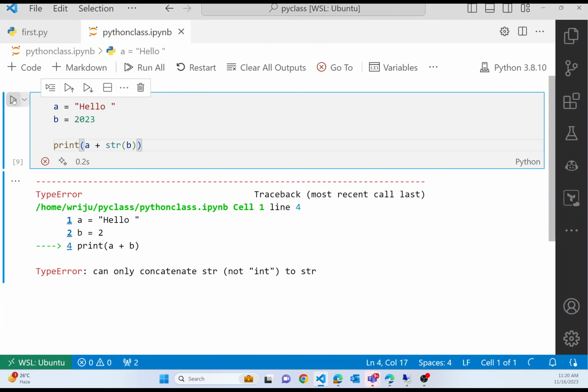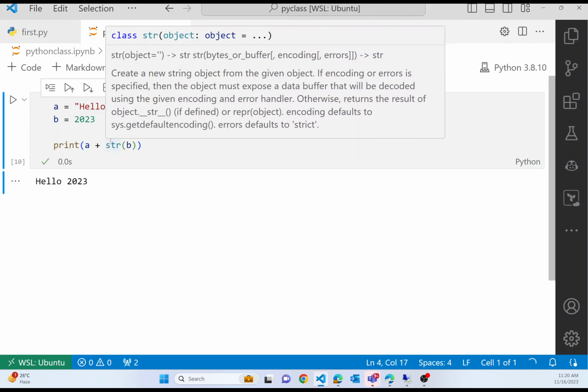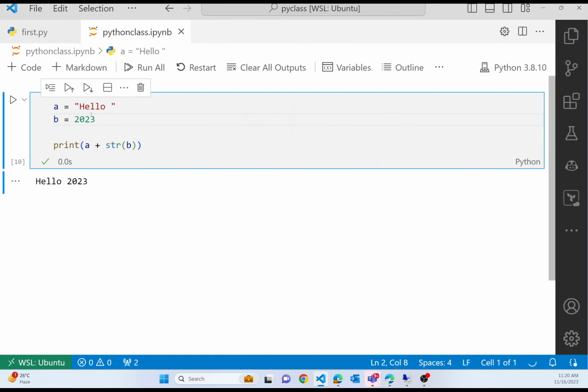So if I now run this code, you will see that it is now going to convert the 2023 and append it as a string after hello. So it is working fine, right? So this is how you basically use one single common operation, that plus, for different kinds of